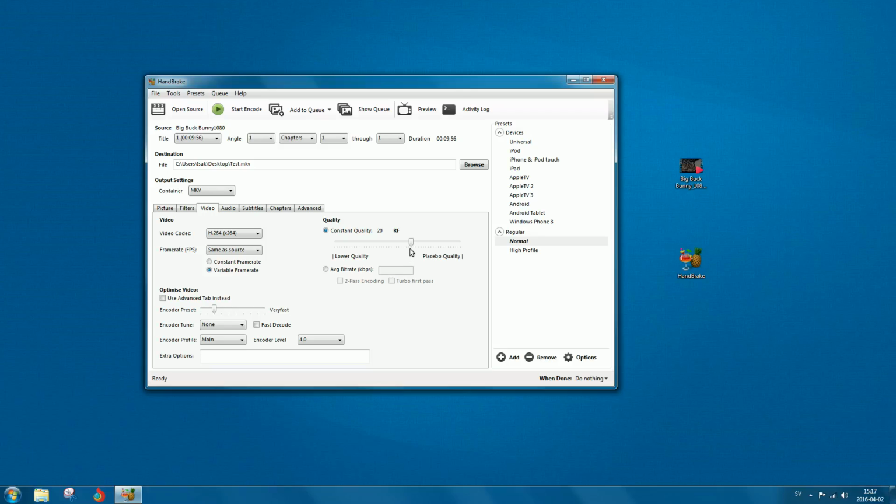But you're gonna see the difference in file size. Now we can actually pull this up and create a placebo quality. It's supposedly going to make it look better. I'm not sure how well that works, but the default is 20 RF. You can actually change this to select a bitrate, and in that case, YouTube has their standards. Oh, I think it's 1,000 kilobits. I'm not too sure about the bitrates, but YouTube has their standards for bitrate and how much bitrate you should go with. But I like to go with the quality tab instead,